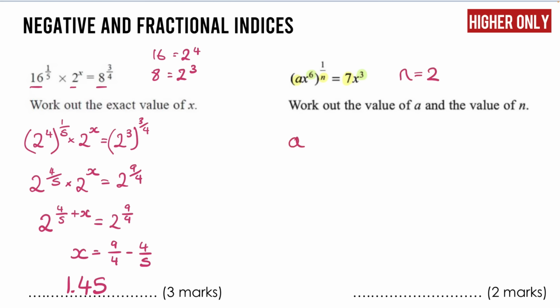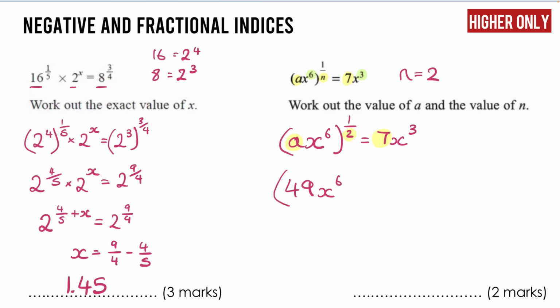Now that allows us, so I guess we could rewrite it, just to make it a little clearer, that is now to the power of a half, and it equals 7x to the power of 3. Now we can look at the a, and how we get to the 7, because a power of a half does a square root. So here it's basically saying what number has been square rooted to get the answer 7. Well, 7 squared is 49, so 49 must be the value of a,